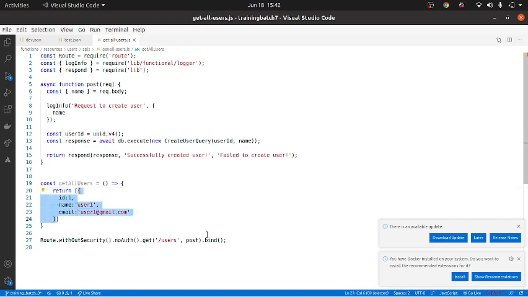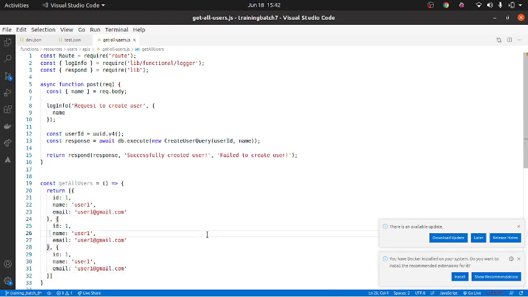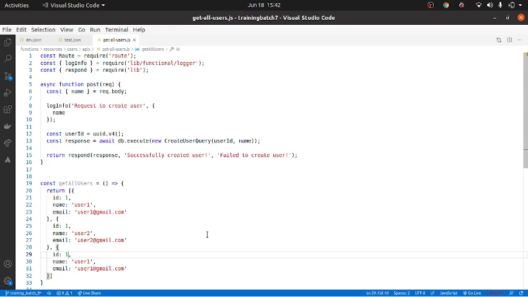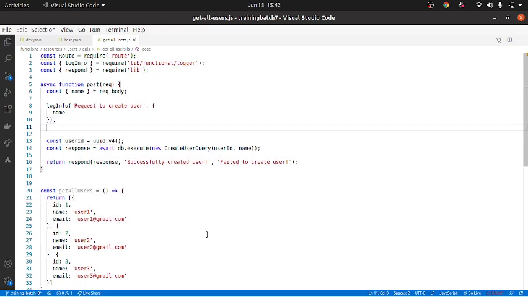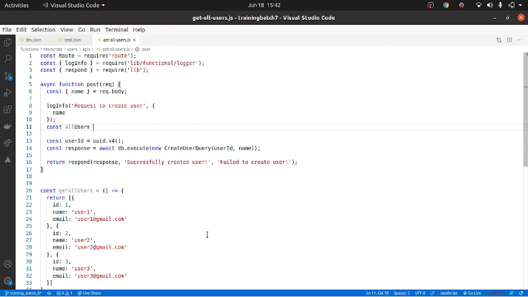And also let's basically create multiple users here. Okay, I'll make sure this is user 2, then this is 2. Okay, so we have created the get all users. Obviously in your actual code it will be get users from database, but right now I'm just going to hard code it: get all users equal to get all users.